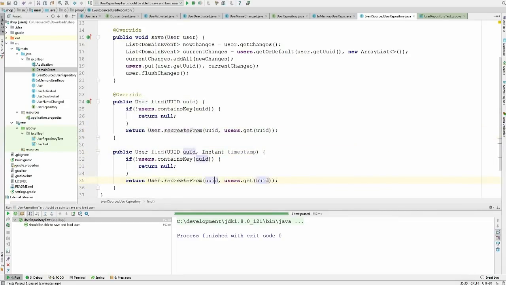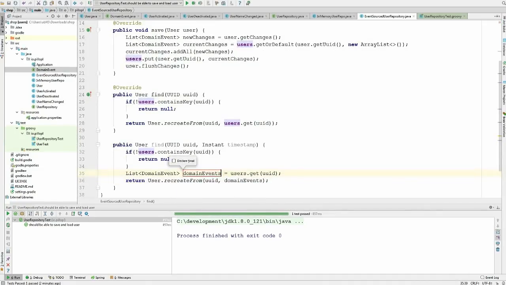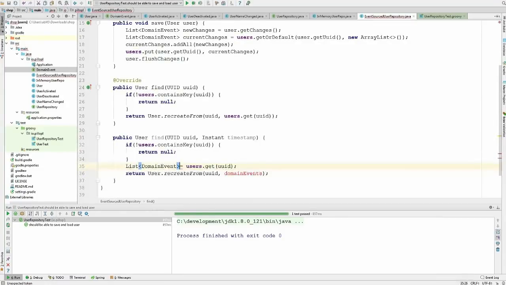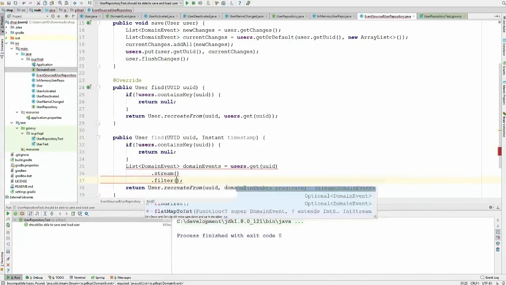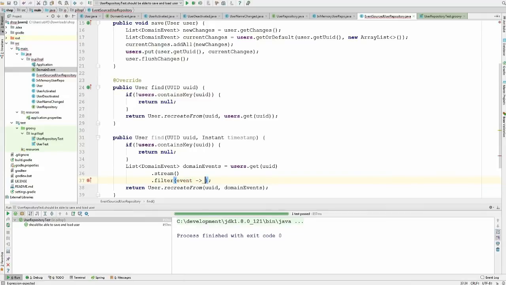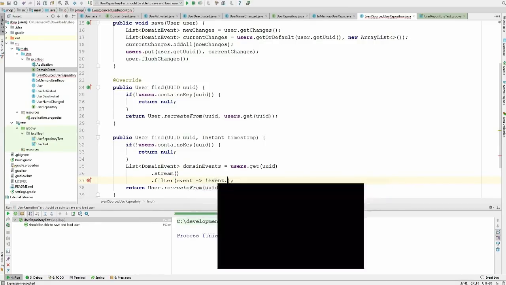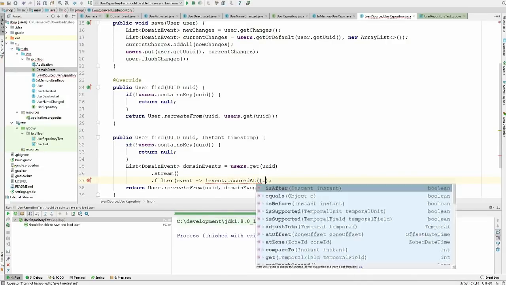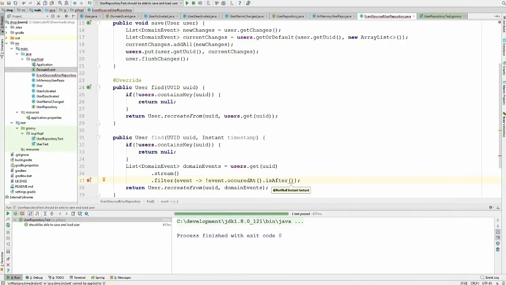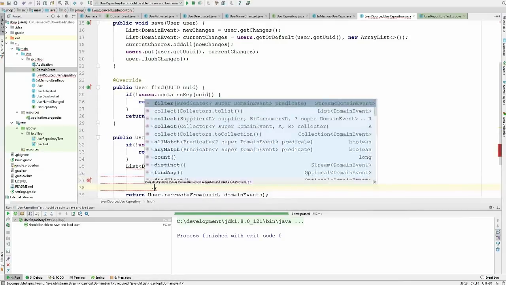But we will not consume the whole stream, we have to cut our stream at some point. So we can do stream, and we can filter our stream. This is event, and we are interested in events that happened not after the timestamp, so before timestamp or at timestamp. So I think if we write like this, events.occurred at is not after timestamp, and we collect that to